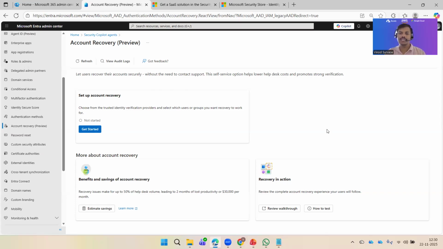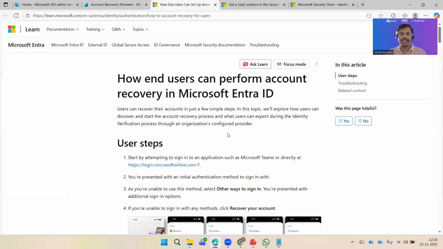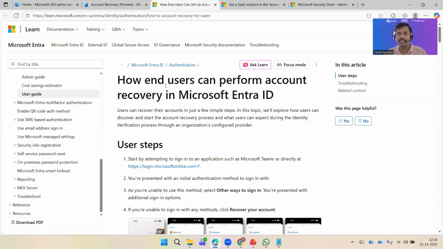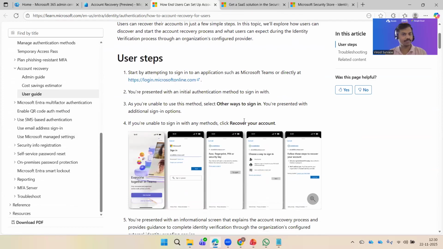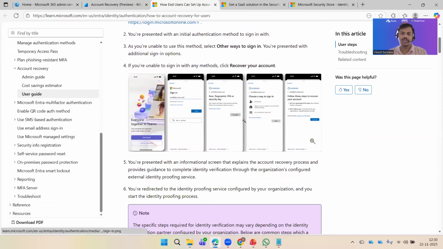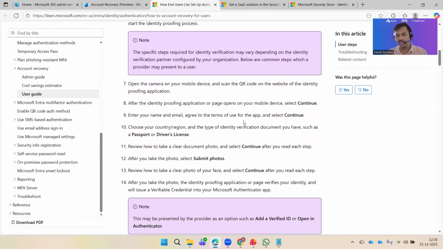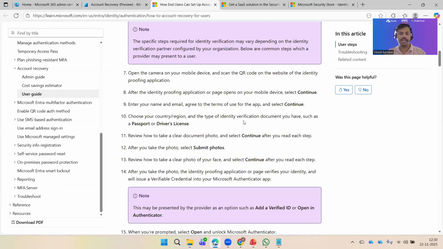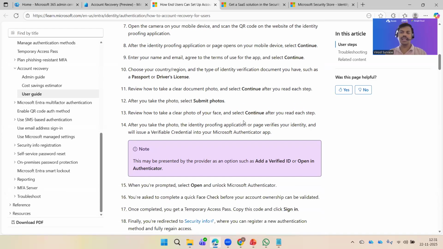Now, let's jump into how we can set it up. I'll review some of the walkthroughs here, which we can do using this simple, straightforward guide on how end users can perform account recovery in Entra ID. These are the steps shown here. Being a technical person or an IT pro with skills, you would be able to do that. But the people who are purely non-technical,